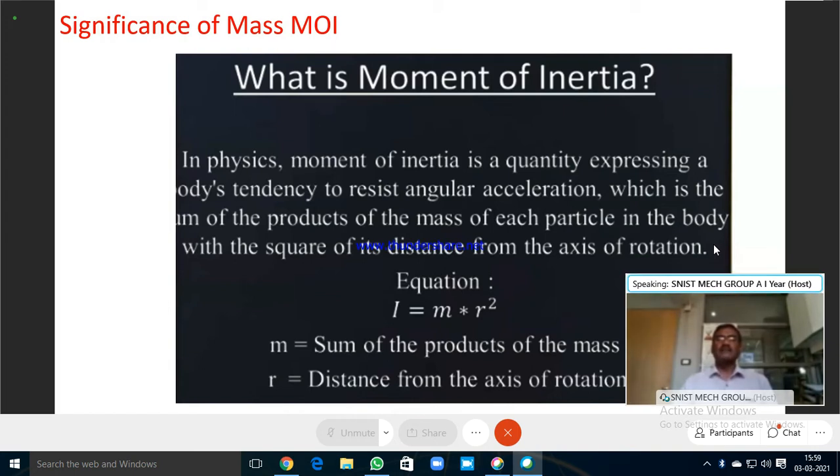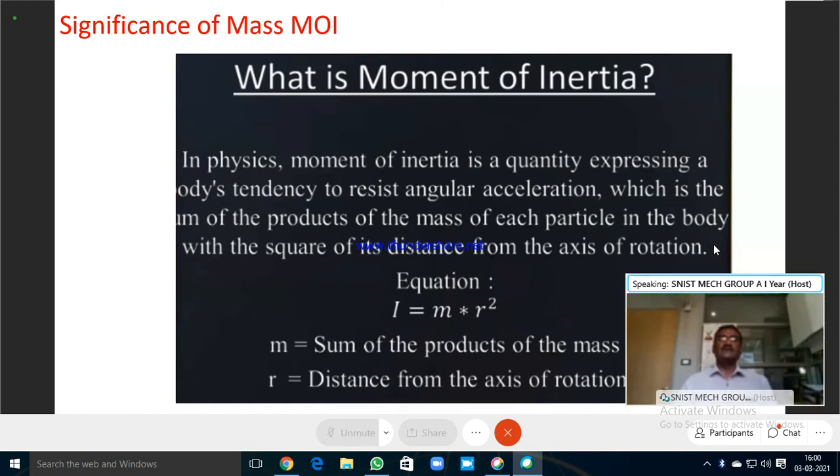The body is in motion. Is it that area moment of inertia is connected with the dynamics? No. Area moment of inertia is connected with the statics part of it, because you are talking about beams. Beam means it is at rest. So your area moment of inertia is connected with the statics part, and your mass moment of inertia is the prerequisite for the dynamics of rigid body, right? And I can show you in the next slide how exactly it is going to influence your dynamics of rigid body. All of you please note down this significance.